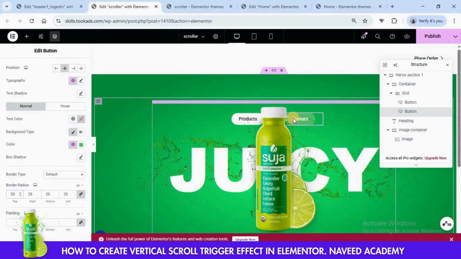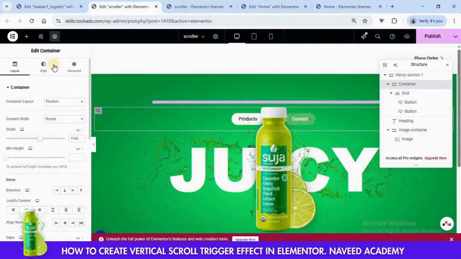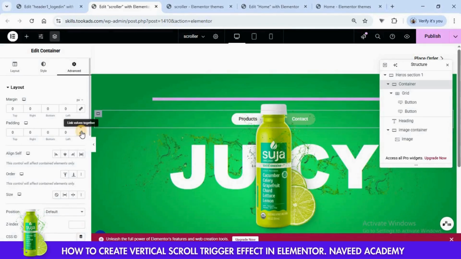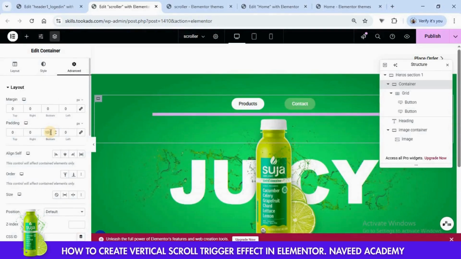Now we need to add some padding on this container. Go to advanced. Unlink the margin and padding and add some padding in bottom. Now publish your changes.